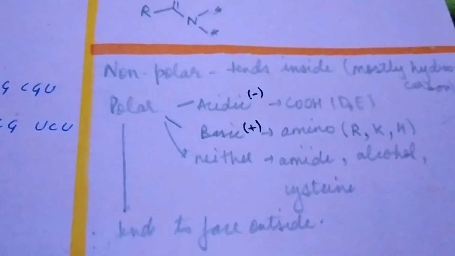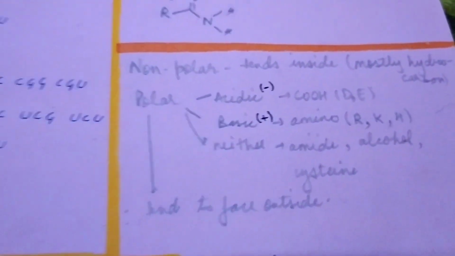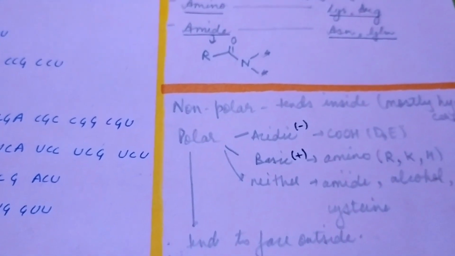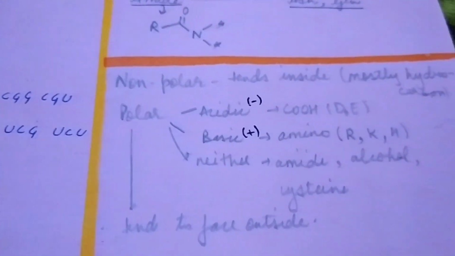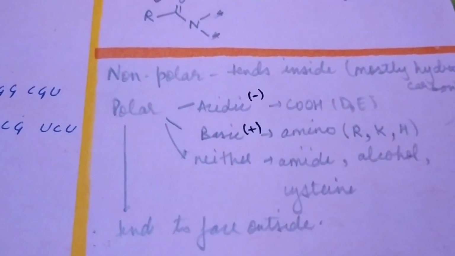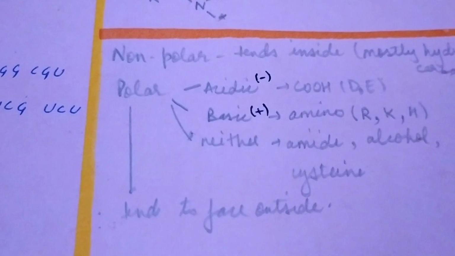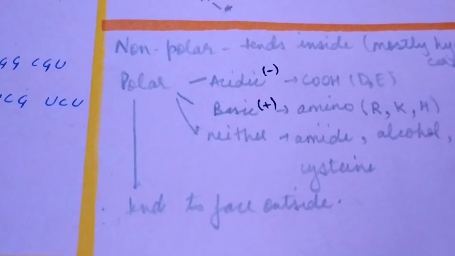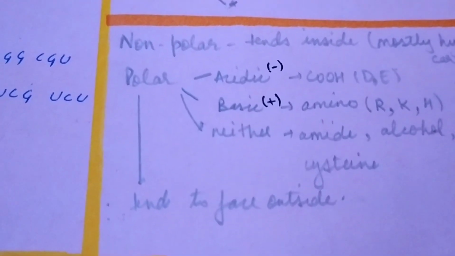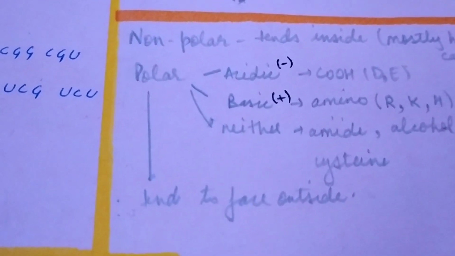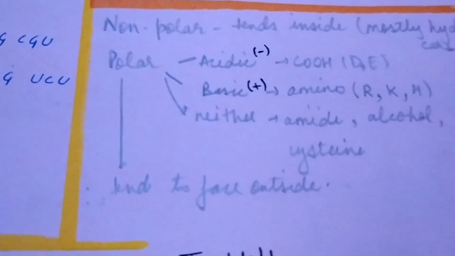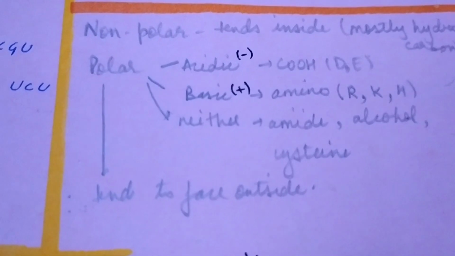Also you can see the non-polars I just discussed: glycine, alanine, valine, leucine, isoleucine, proline, methionine, phenylalanine, and tryptophan tend to go inside. They are mostly hydrocarbons. Polars like acidic, which are negatively charged, have the COOH group, and they are aspartic acid and glutamic acid. D is for aspartic acid and E is for glutamic acid, and the basic ones are arginine for R,